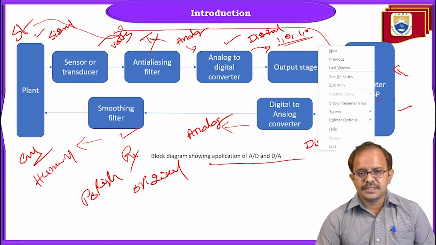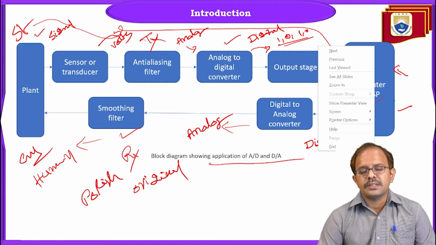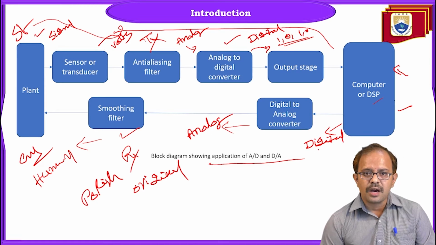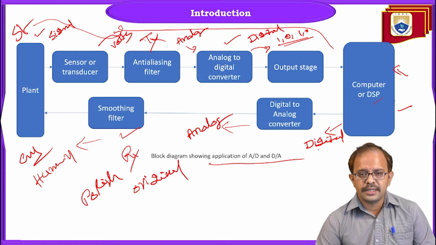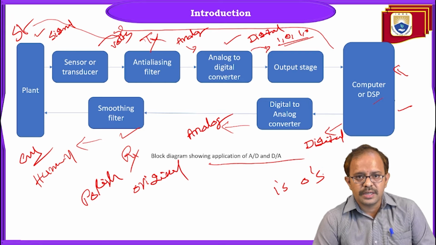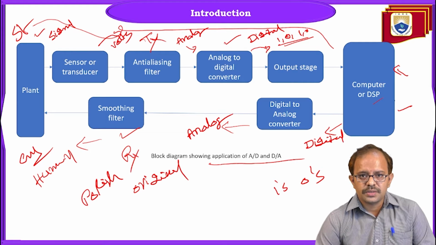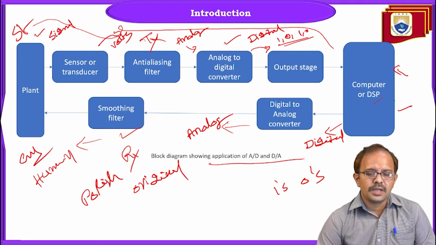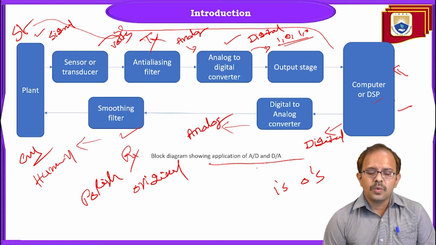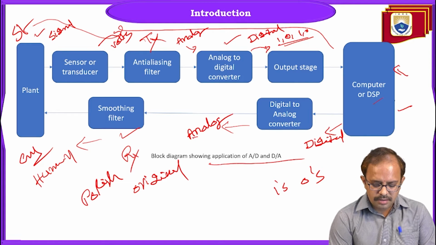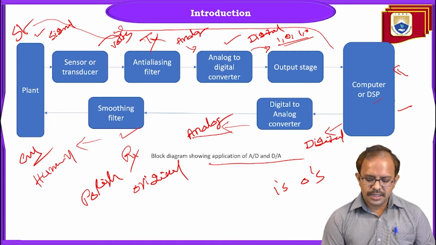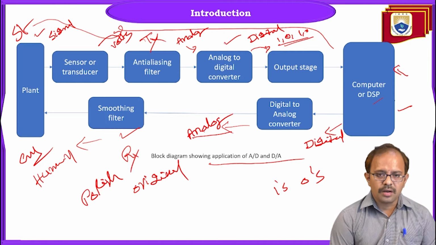Now who is going to access this digital data? Finally, we humans are the end users of this data. It is hard to understand digital data, which is in the form of pure ones and zeros. The end users are going to be humans, so once again we need to convert this data back to the original form. What is the original form? Analog. So here we introduce the interface called the digital to analog converter, which will produce an analog output